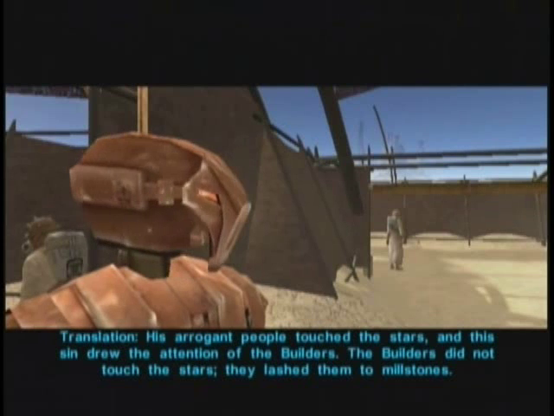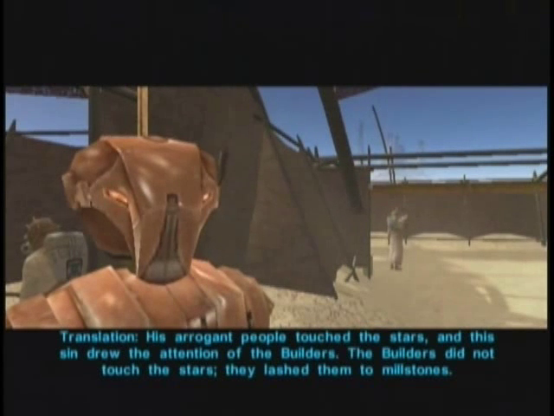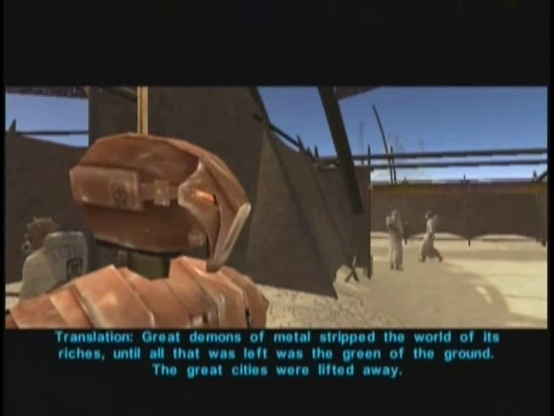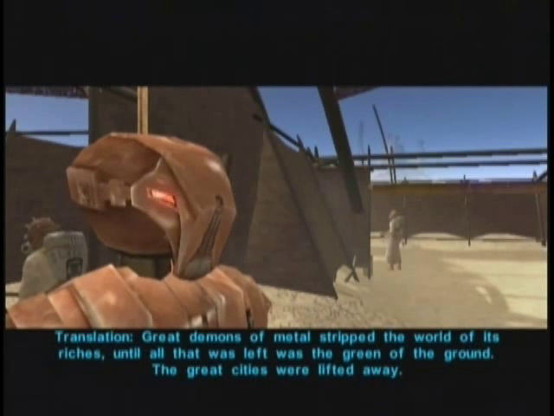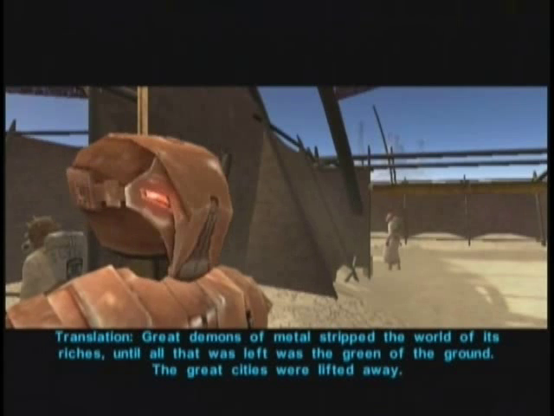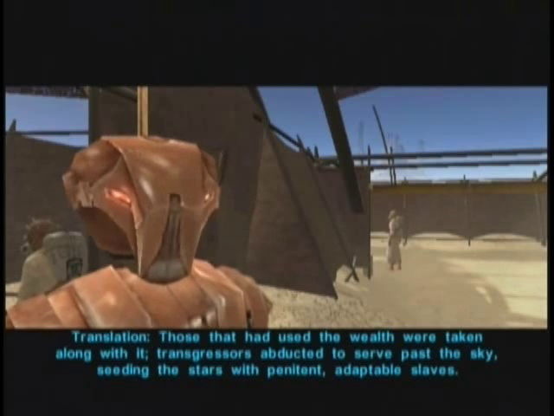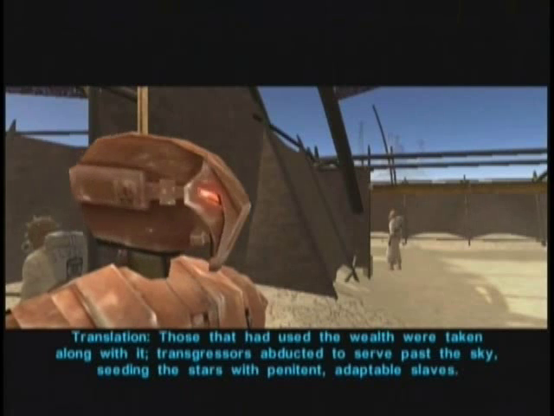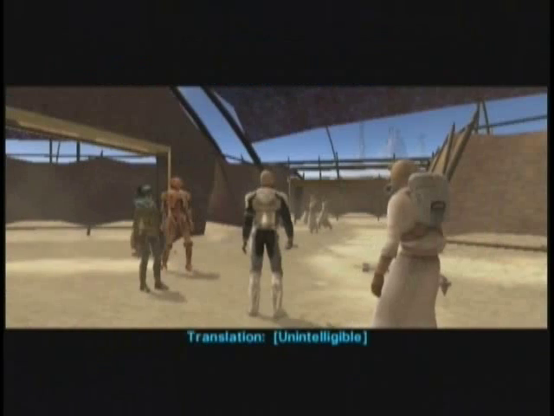His arrogant people touched the stars, and this sin drew the attention of the builders. The builders did not touch the stars, they lashed them to millstones. Translation: great demons of metal stripped the world of its riches, until all that was left was the green of the ground. The great cities were lifted away. Translation: those that had used the wealth were taken along with it. Transgressors abducted to serve past the sky, seeding the stars with penitent, adaptable slaves. Whoa. Translation: